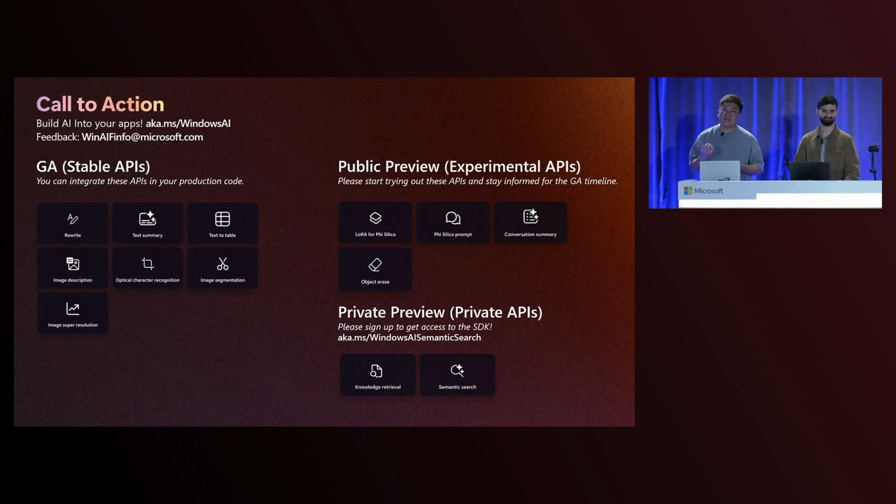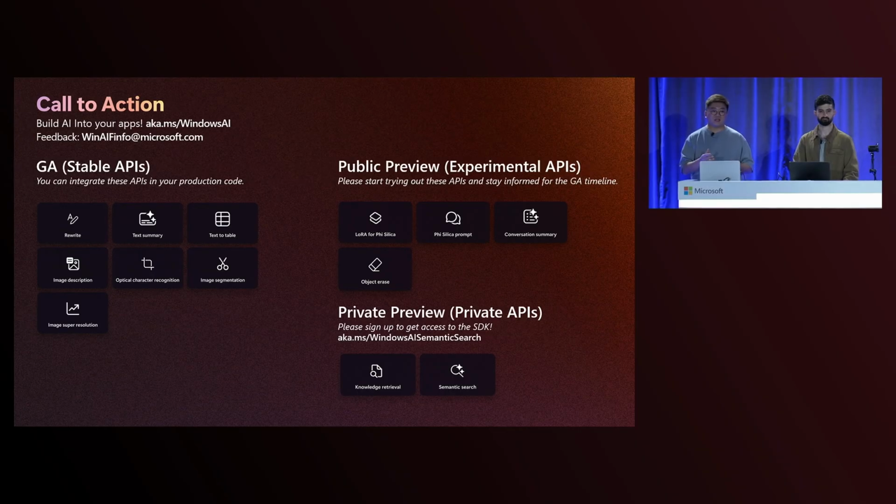So with that being the last demo that we wanted to show you today, let's recap everything that we've talked about. APIs that we showed, like text summarization and rewrite, image description, OCR for text recognition, those are generally available as stable APIs inside Windows App SDK, which means you can really build production code on top of them. The stable release also includes a bunch of image processing APIs that we didn't go in depth today, but as Rahul showed earlier, there's the AI Dev Gallery that you can always go in there and check those out.